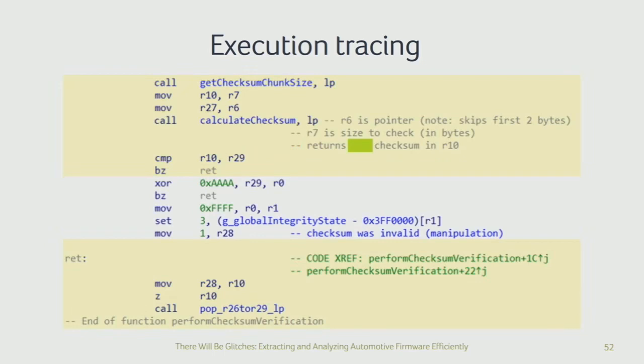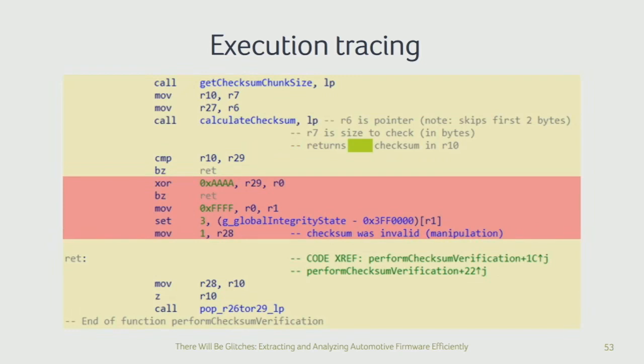But the reason I picked the EEPROM checksum example here is what happens if we run the emulator again, but we flip some bits in the EEPROM? Well, suddenly a different path gets executed. And this is quite a neat trick that once you have some kind of dynamic analysis tooling, it really lets you see, oh ho, we changed this input or we changed this state, and suddenly this code is executed. That must be your error path, or that must be whatever's responsible for